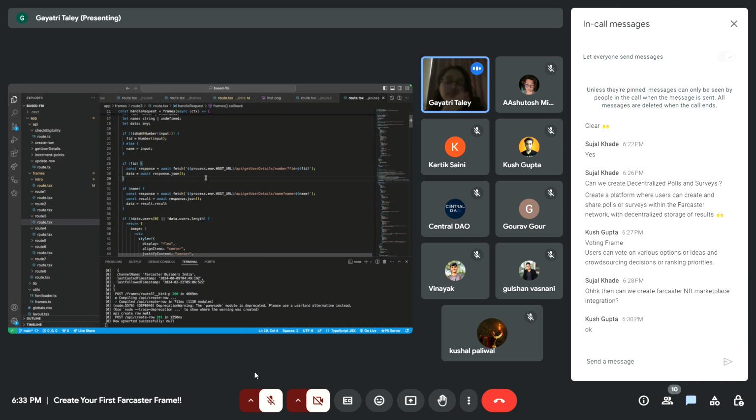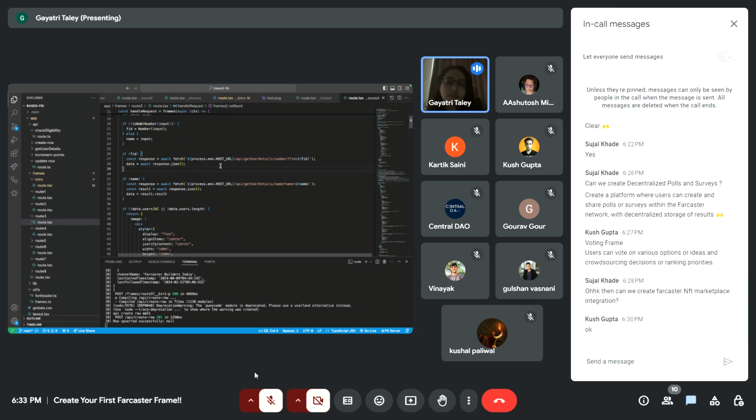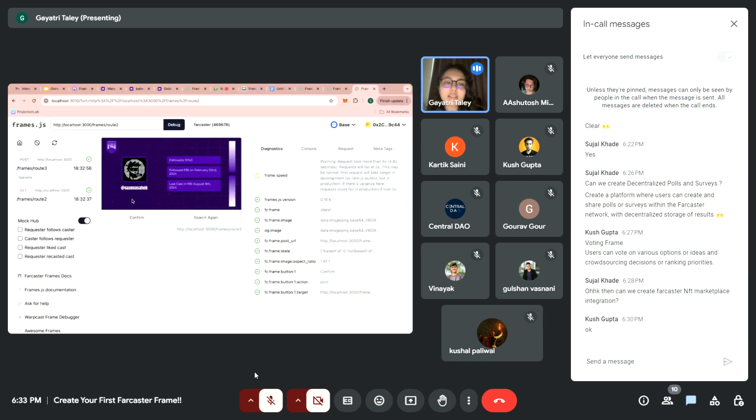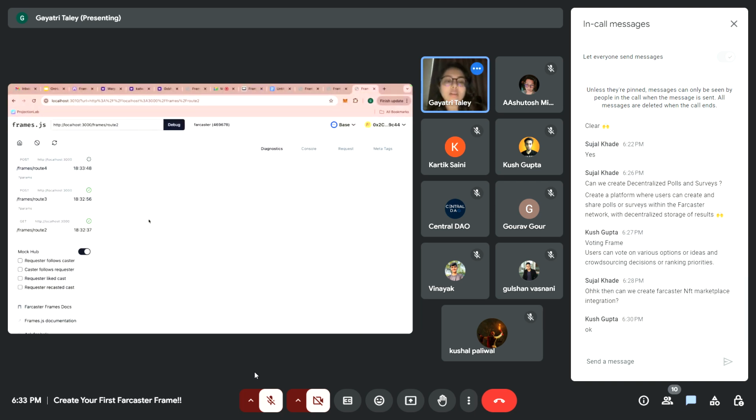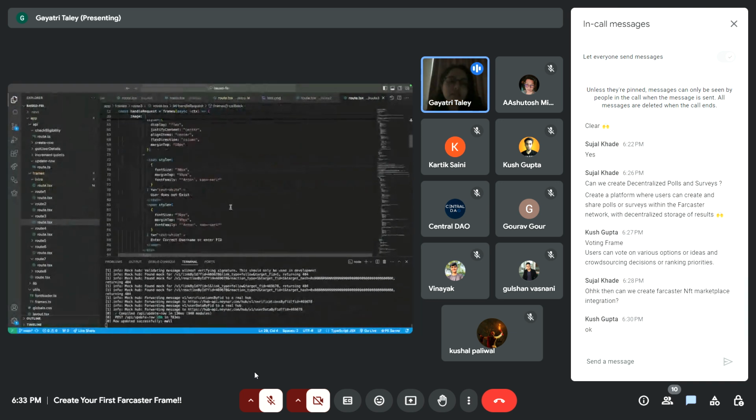Neynar is basically your database layer, which helps you get all the data from Farcaster. So they run their own hubs and then give you simple APIs to get all the data. So then I'll run that FID over here, and all the details that I get, I'll show it in this frame. And once you confirm it, I'll call my database